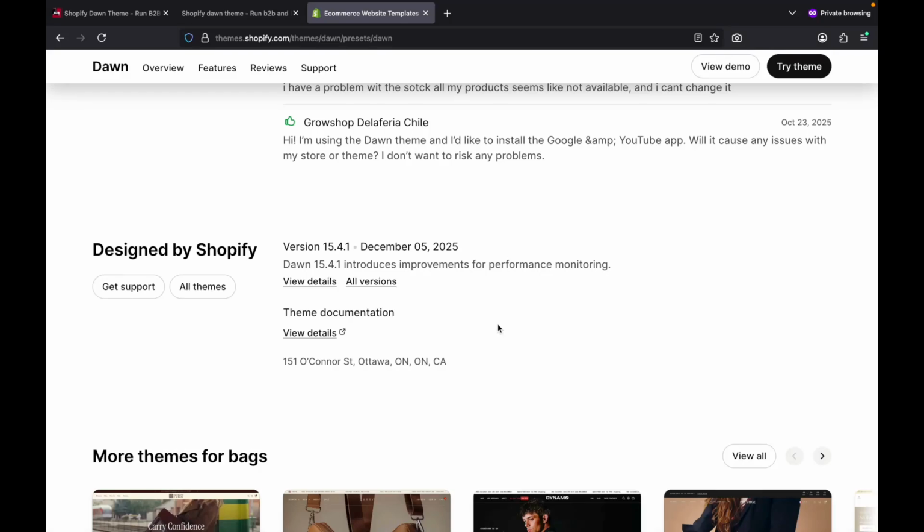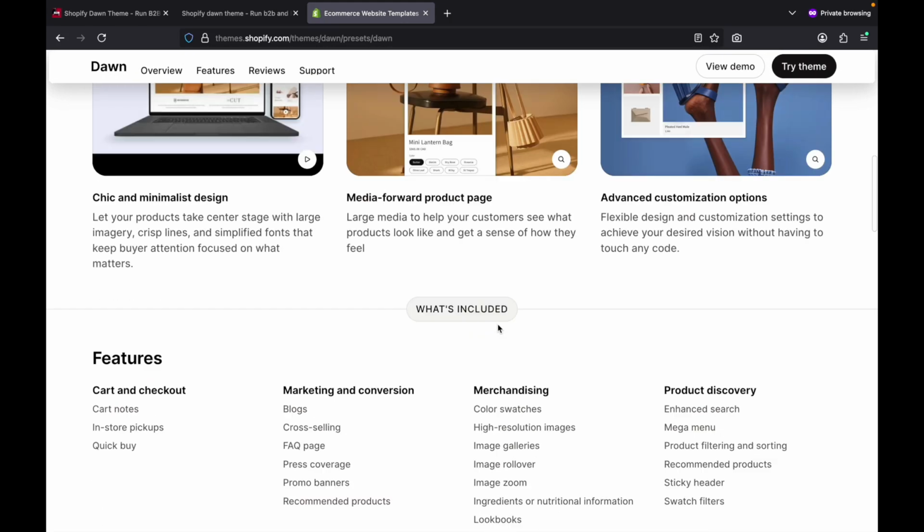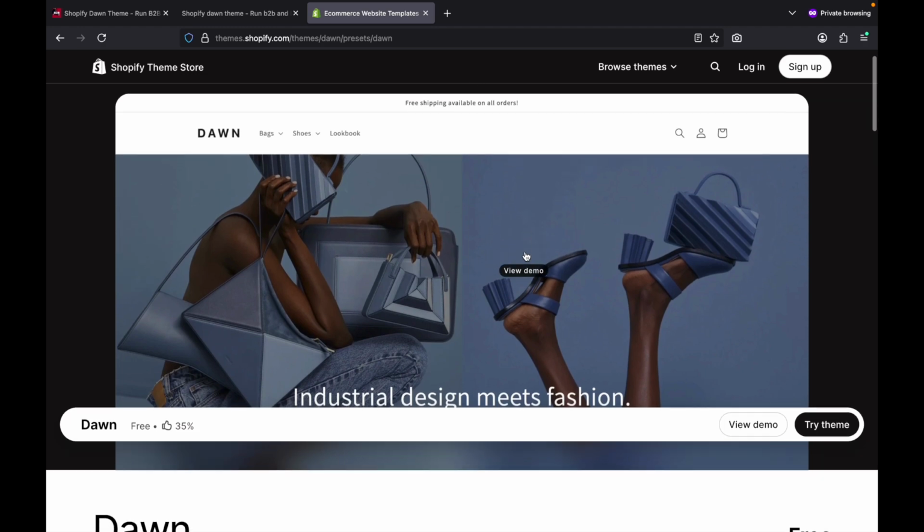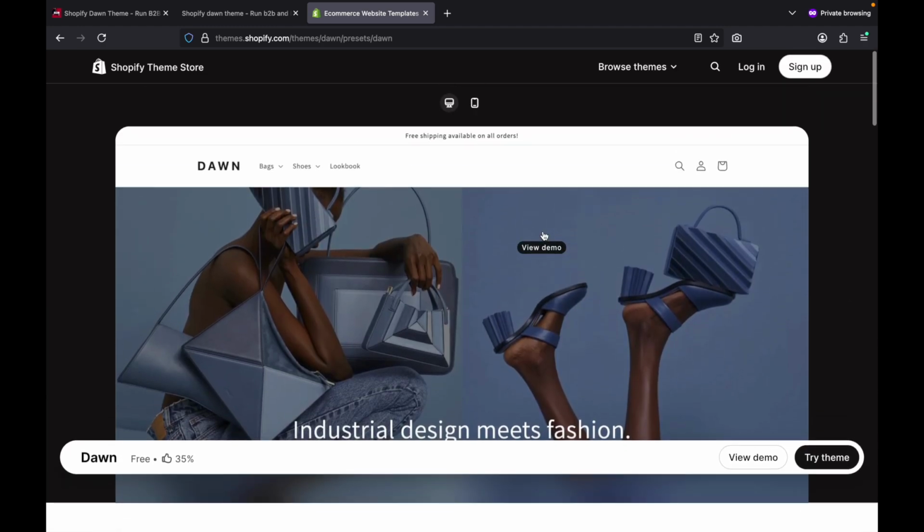With this new update, you can manage your Shopify store. But if you need extra functionality, like if you want a wholesale feature within this theme, then this video is for you. You just need to install this theme, and after installation you can run B2B and B2C within Shopify